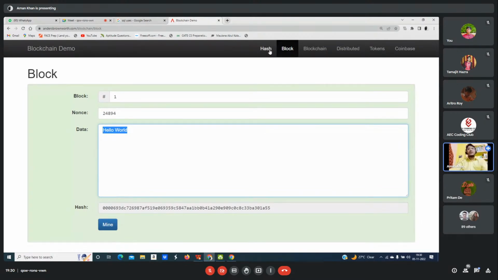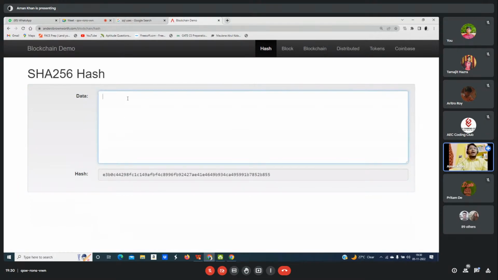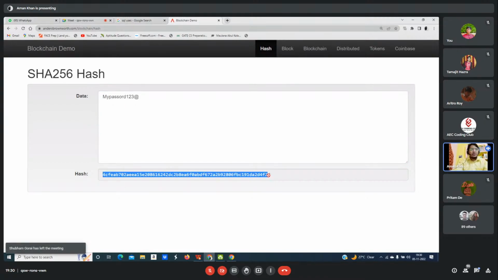Password values are hashed. For example, my password is my password 123, and I am on a certain social media site. The system converts this password to a hash value, and this hash value is stored in their database. So even if they try, they will not be able to guess